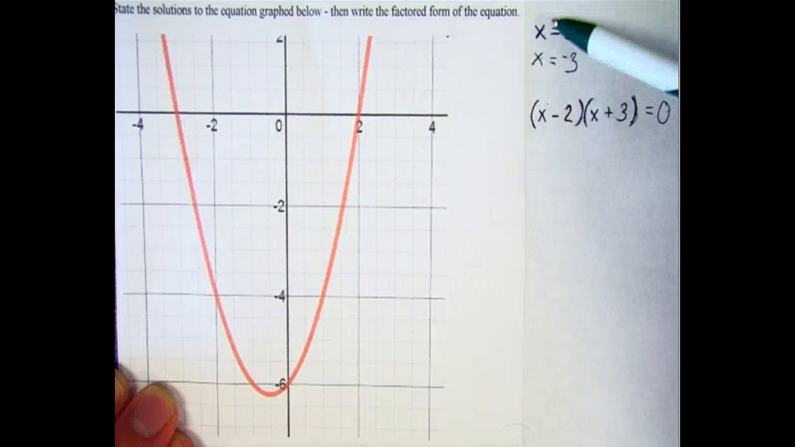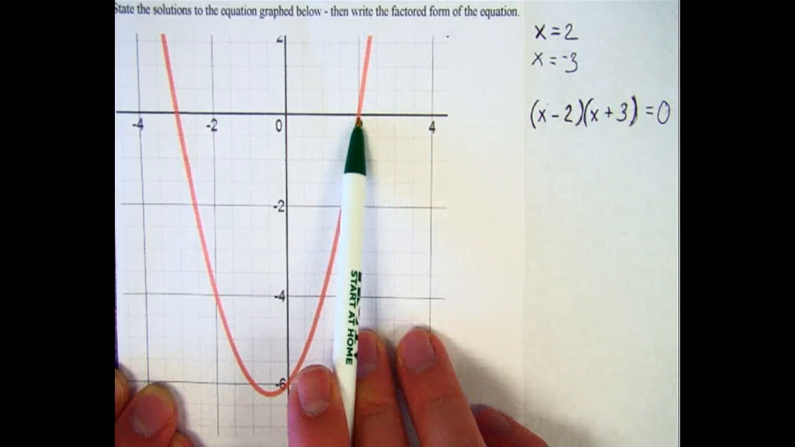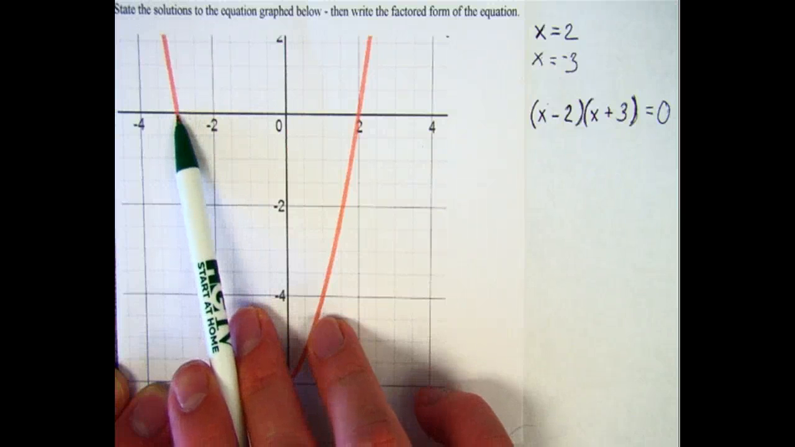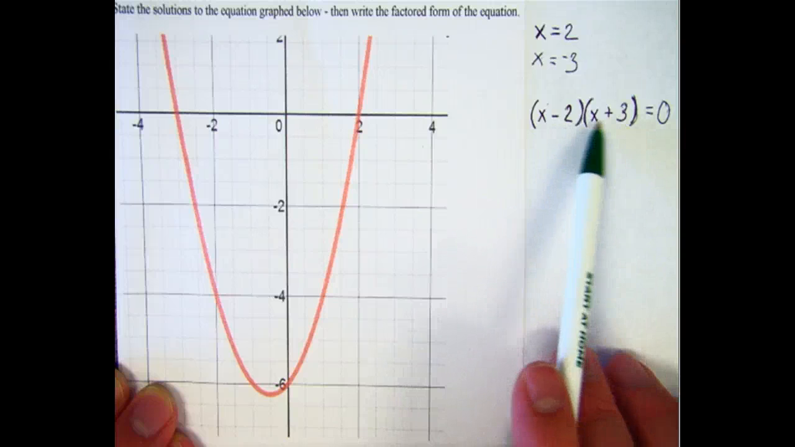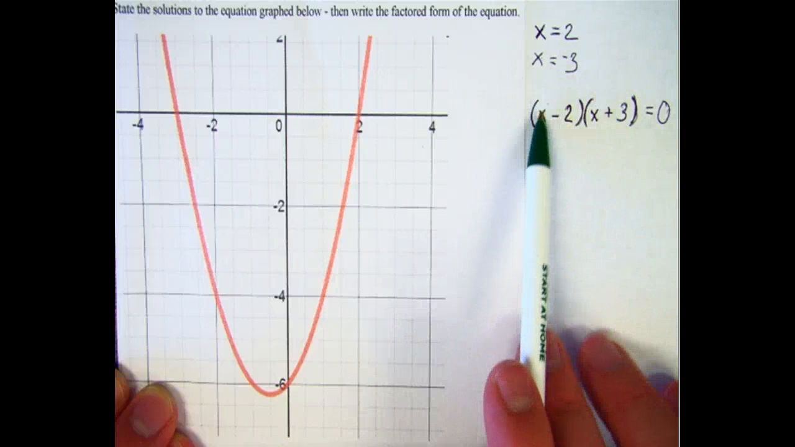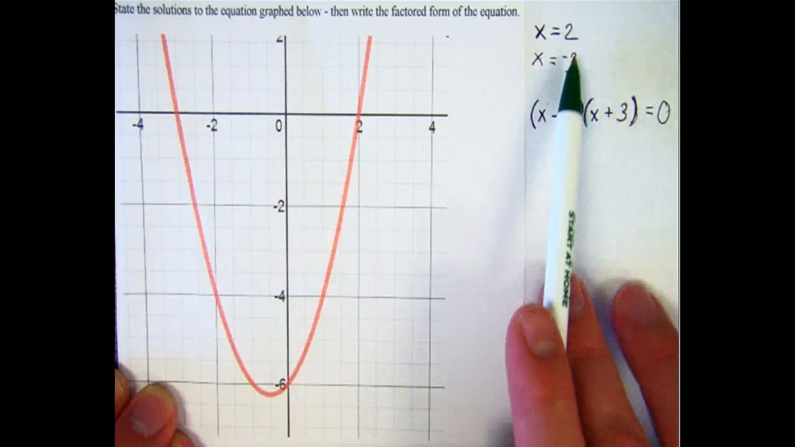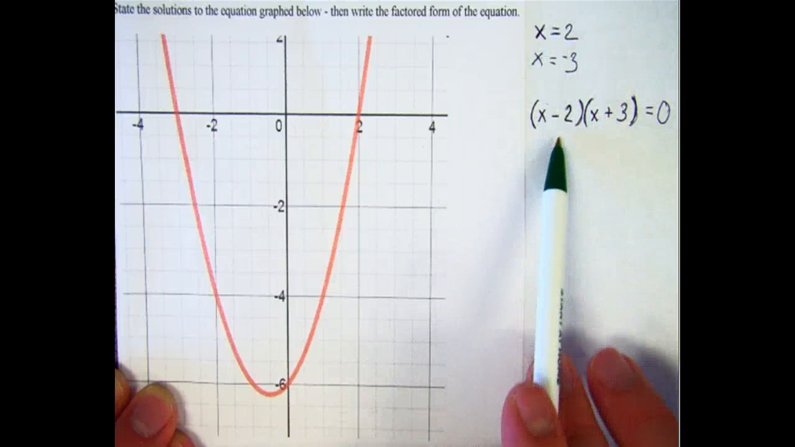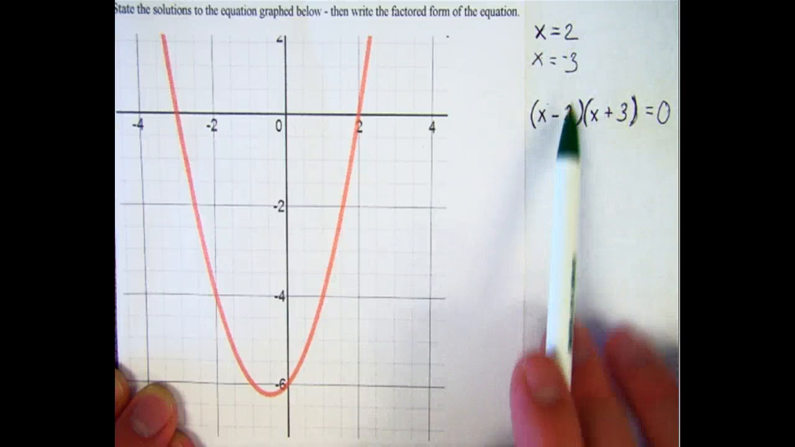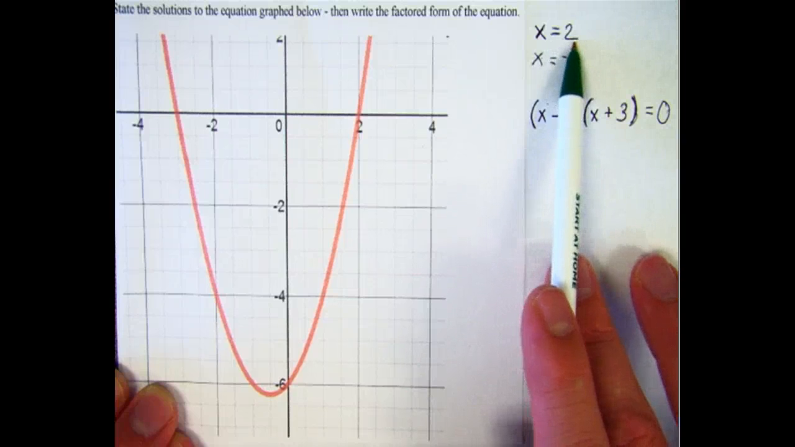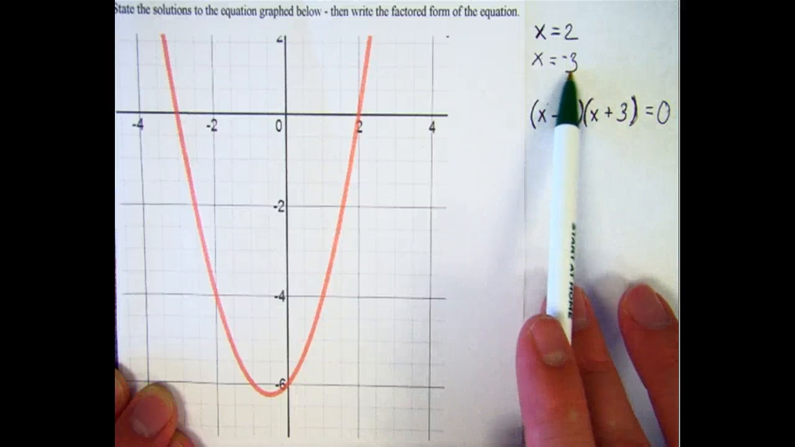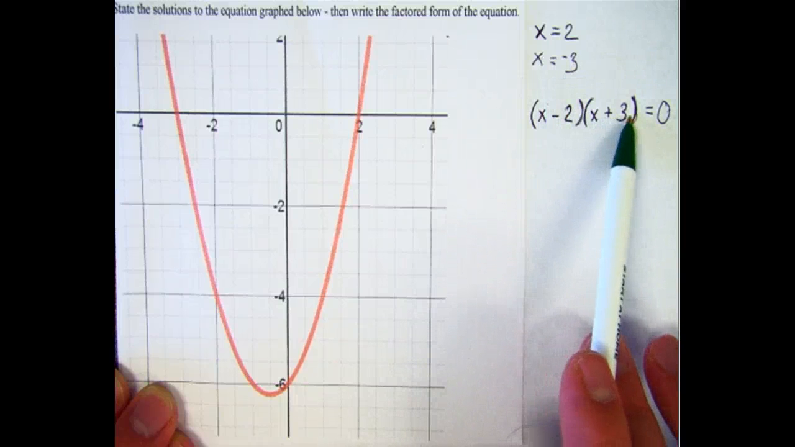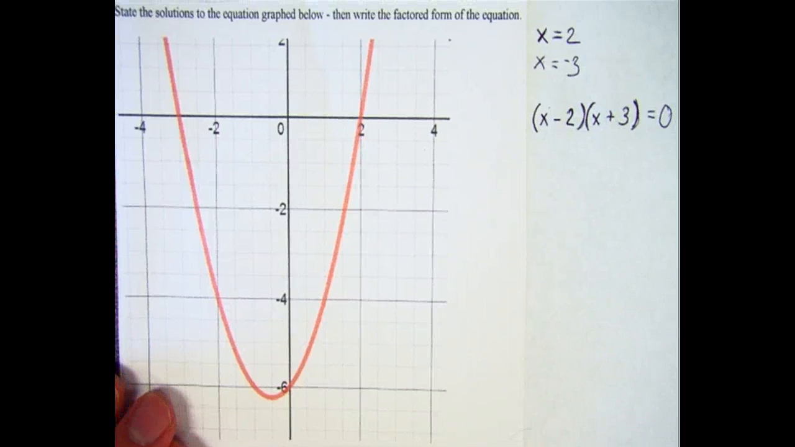So here are the solutions. I find those by looking at the x-intercepts of the quadratic, and then I'm going to write the factored form of the equation. So that's a binomial times a binomial. Your variable goes in first, and then it actually turns out to be the opposite of whatever the roots are that goes in second. So here, the solution was 2, so we've got a -2 right there. Here the solution is -3, so we have a +3 right there. And now we have stated the solutions, and we have written the factored